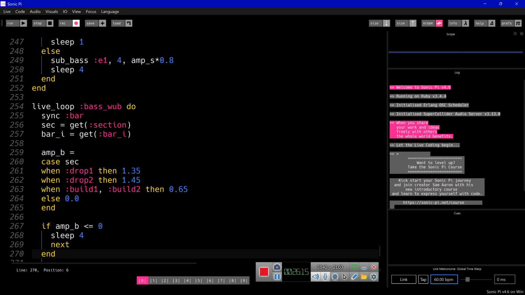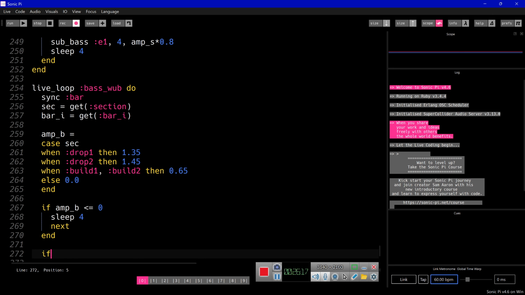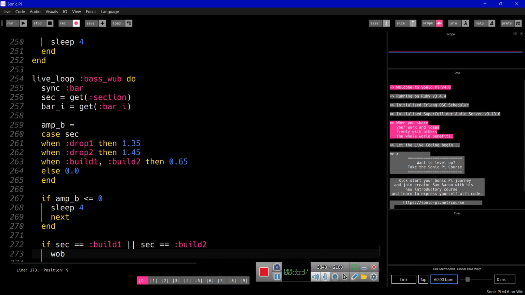And we have another if statement that if section is in build-up one, or the section is in build-up two, then the